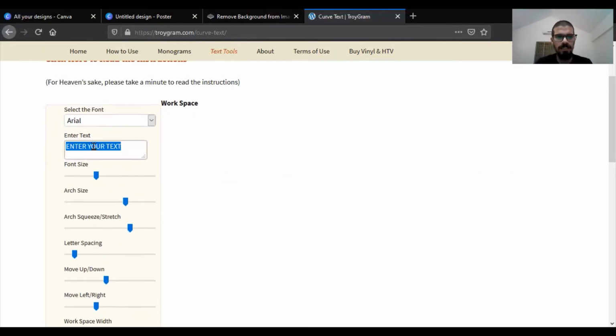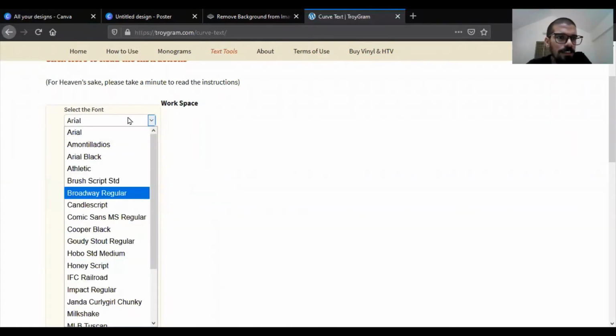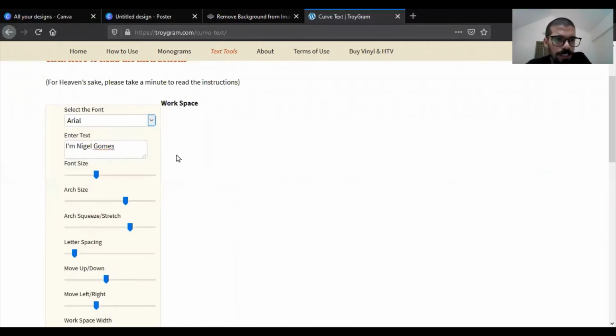Let's say I am Nigel Gomes. Okay, you can choose from this selection of fonts that exist. Thankfully for Toastmaster meeting posters, Arial is actually one of our TI brand compliant fonts. So we can use that.